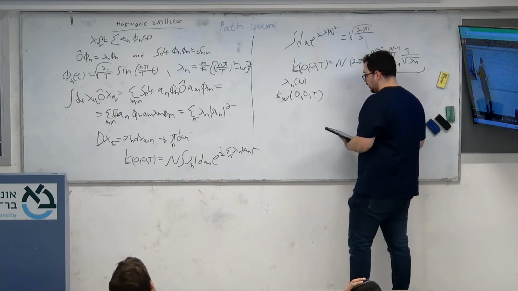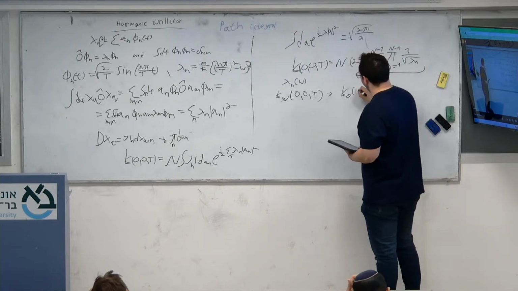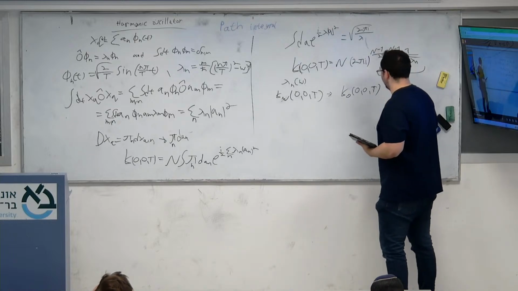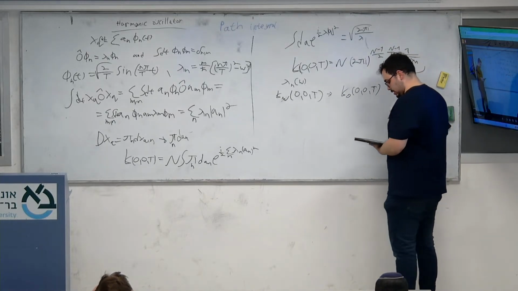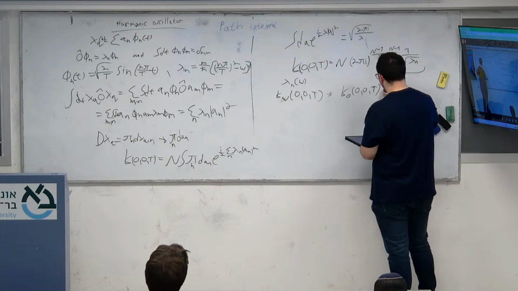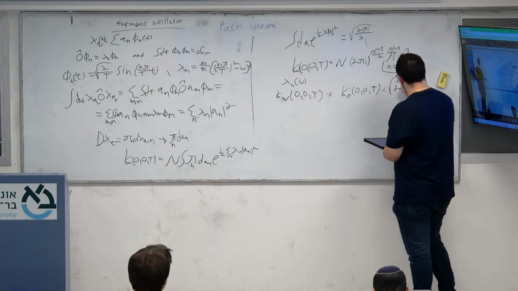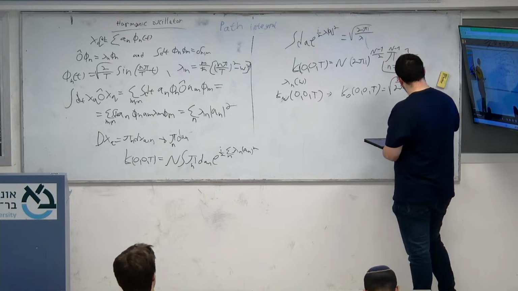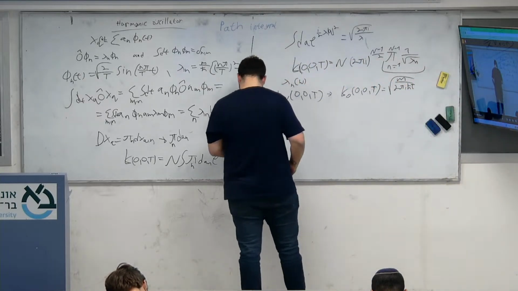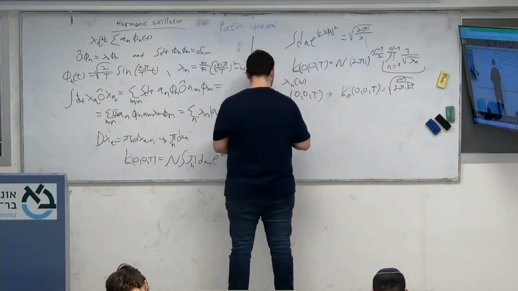Or more specifically, we know what k0 is, since there's no force. Right? It will be equal to the square root of m divided by 2 pi i h bar t. And by using the ratio between the known k0 and k omega,